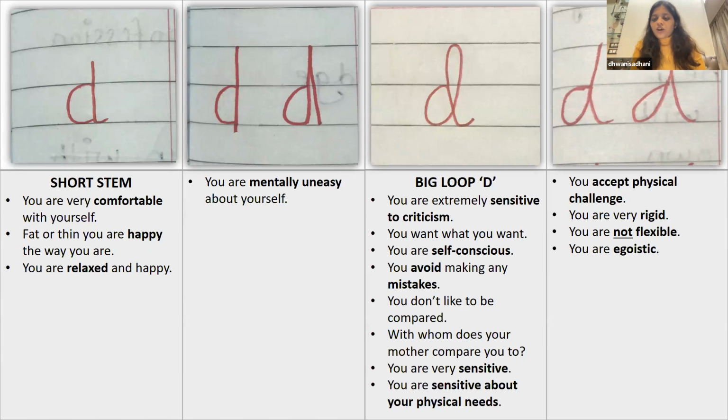So if you have a short D, you'll know there are some people who take hours and hours to get ready. Now you will have two kinds of friends. One kind, if there's a party in your school, they'll probably think for 3 days about their outfit, about their hair, about what they're gonna wear, how they're gonna dress up, how are they gonna look, are they going to look best at the party. And there are some people who will probably just wear a hoodie, a t-shirt, jeans, and just come and enjoy the party. So if a person has a short stem, they're going to enjoy the party. They're going to come in any clothes. They don't care about how they look. They're going to be happy in whatever they wear and however they look.